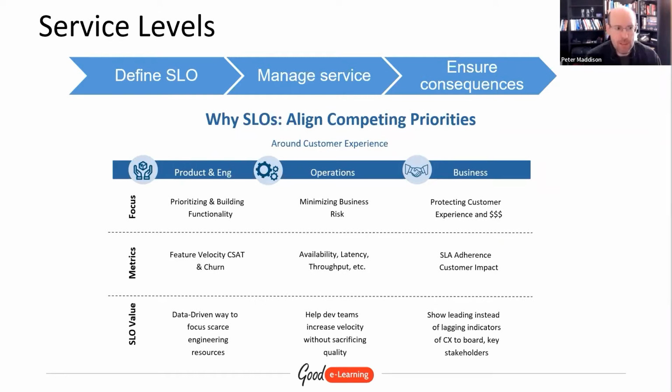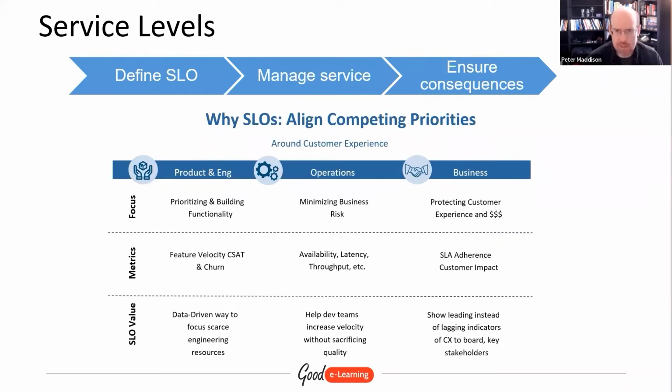So when we look at the competing priorities across the different parts of the organization, there are very different focuses within the different parts of the organization, and there are also different metrics, and then there's the use of SLOs. So understanding the reason to have an SLO, why an SLO is valuable to these different layers, is key. When we go to talk to product and engineering teams, we can describe it to them as being a data-driven way to